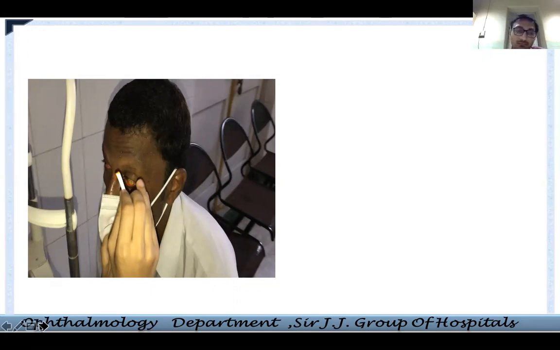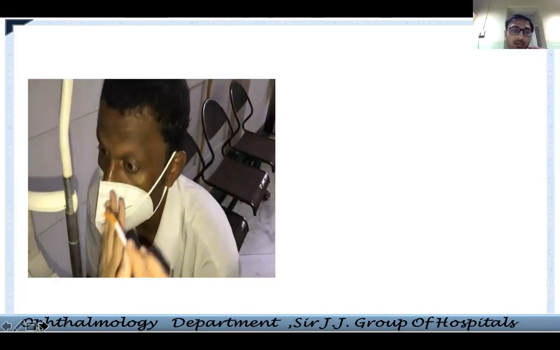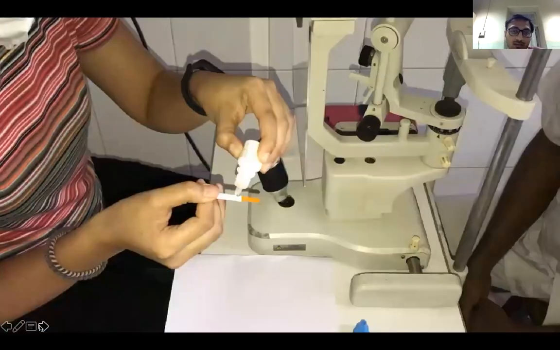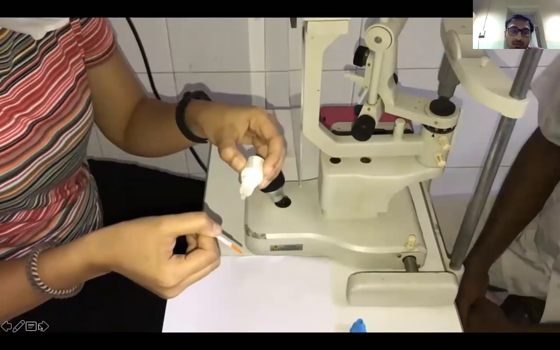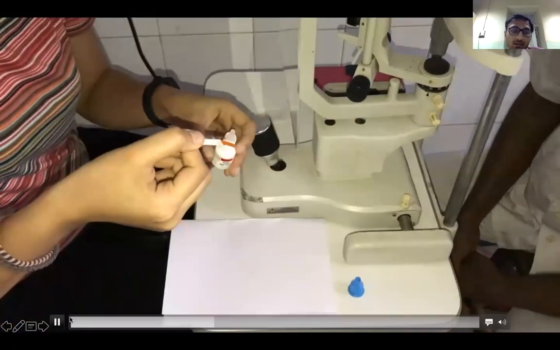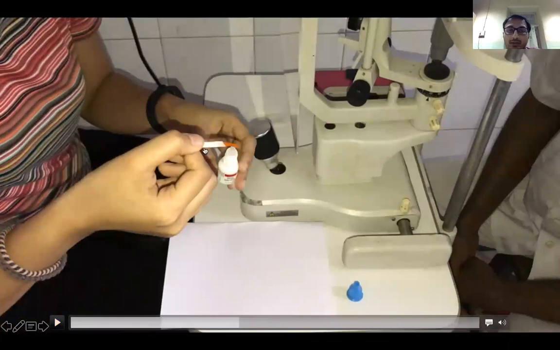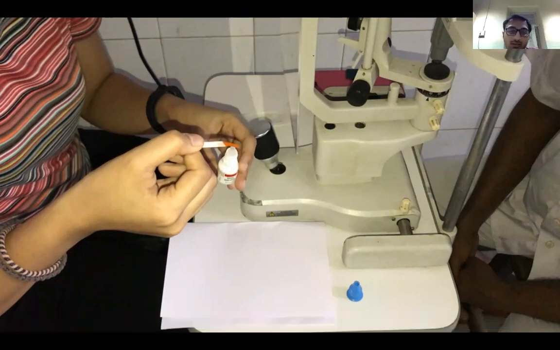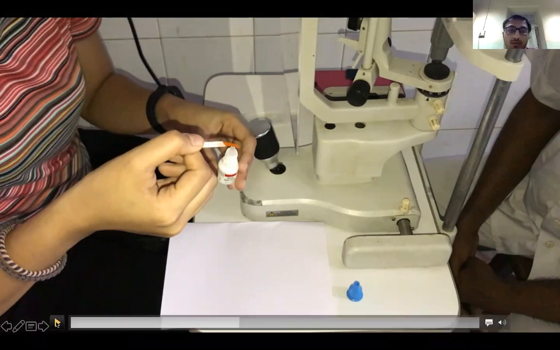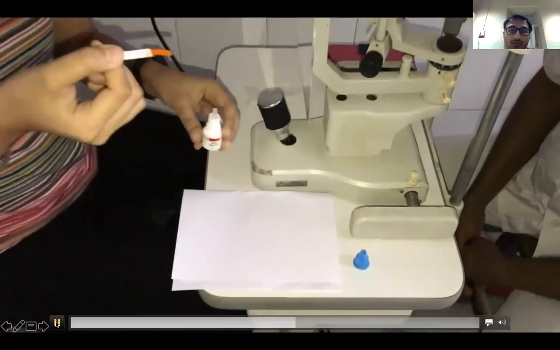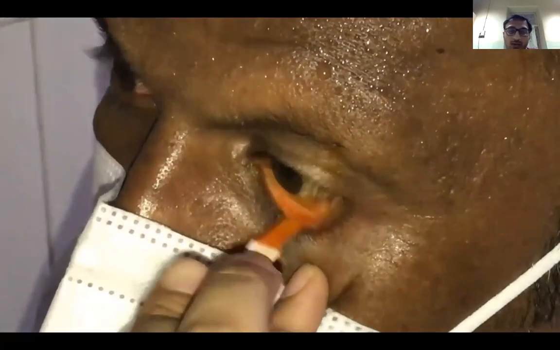Then how do you do it actually? Just put a single drop always. Then as a tip, try to put it a millimeter behind your fluorescein, so that you don't get a large blob. And if you get an extra drop, shake your hand very gently so that the excess water falls off, and then you are left with only part of the fluorescein, and you just go and touch the surface. That's it.